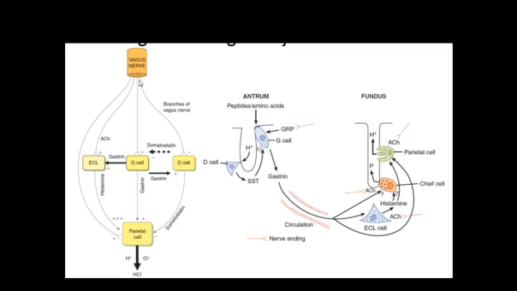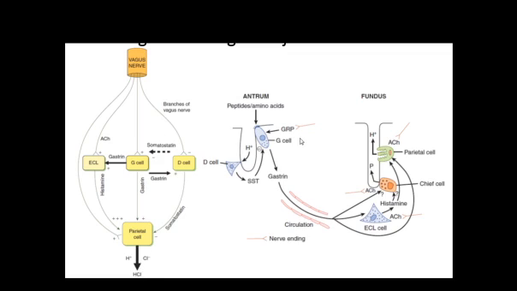The other cells on which the vagus nerve acts are the D cells. D cells, as I have stated earlier, secrete somatostatin, which is the inhibitor of gastrin release from G cells. When the D cells are inhibited, the somatostatin release is inhibited. As the inhibitor of G cells is inhibited by the vagus, there is more and more release of gastrin, which acts on parietal cells to increase gastric acid secretion.